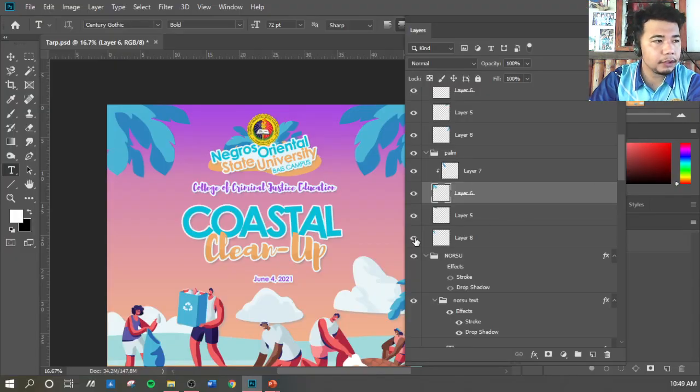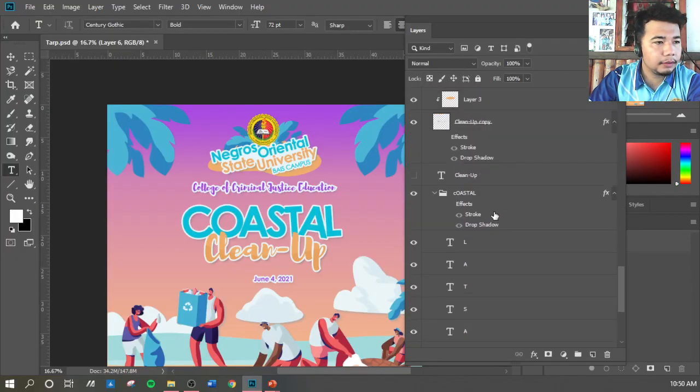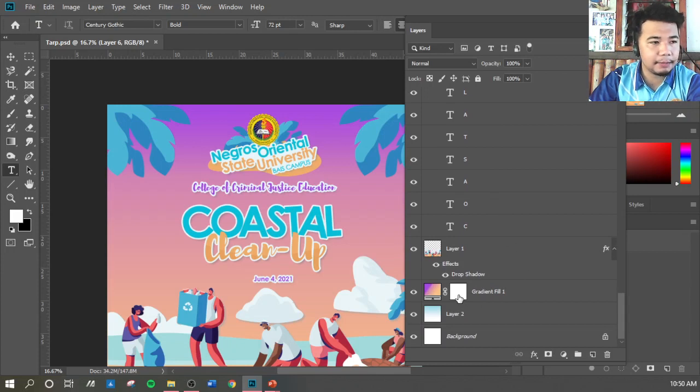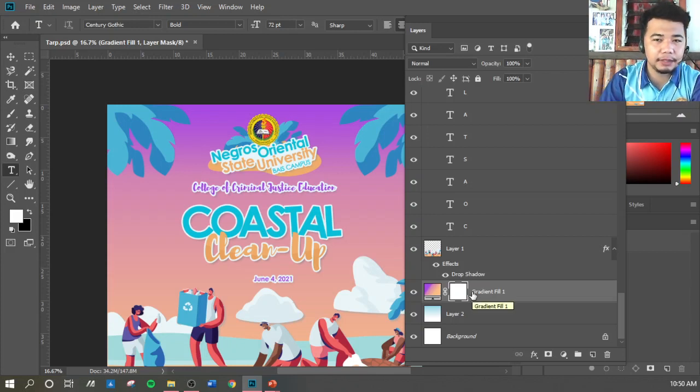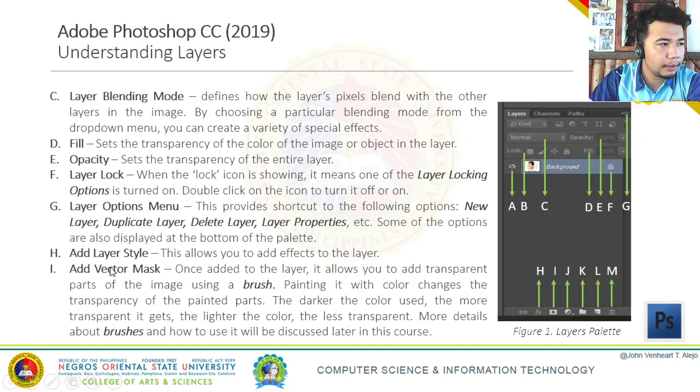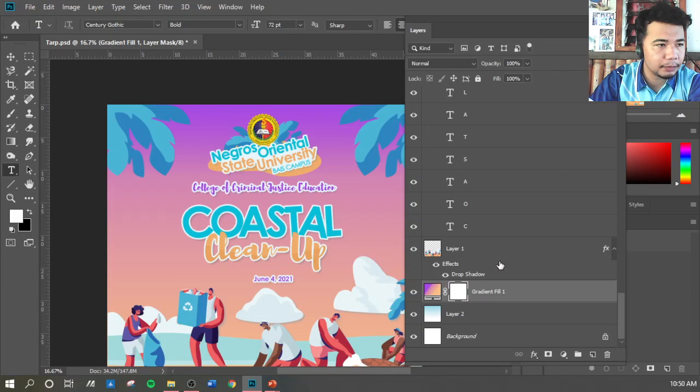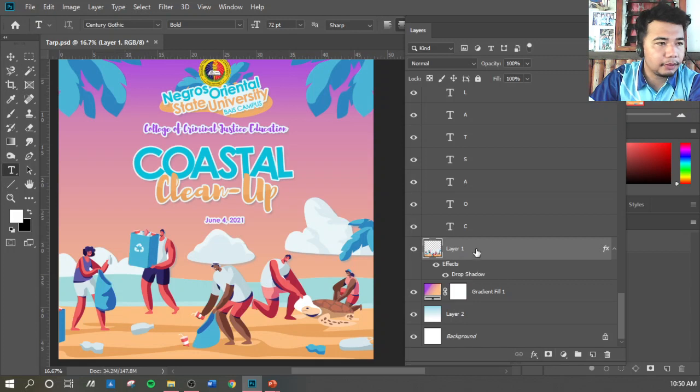Okay, let's have an example. This is an actual adjustment tool, and we'll discuss that in a future lesson. But to demonstrate how vector mask works, let's select any layer that we want to add a vector mask to. So for example, this one. To add a vector mask, we're going to click this. Again, select the layer where you want to add a vector mask, and then select the add vector